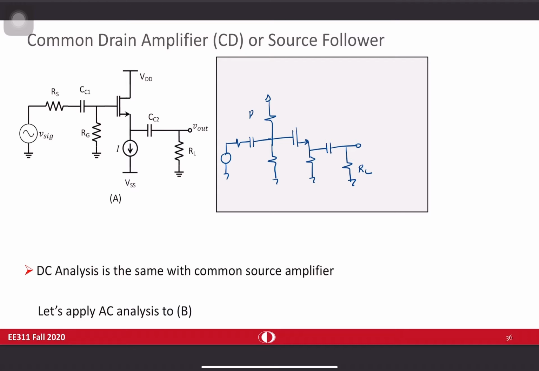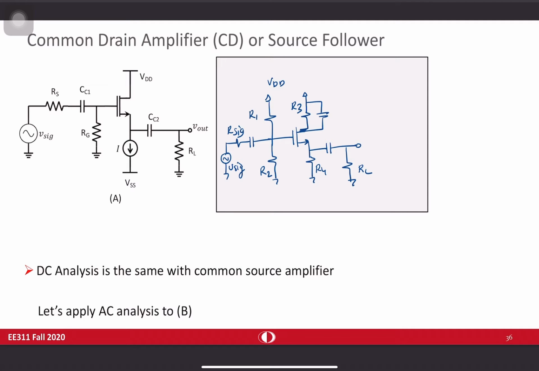So we have R1 and R2. This part is for the signal. We have VDD. In here, you can directly connect VDD to the drain. But in some applications, maybe you can see drawings like this. They will be the same. It's not going to make a big change as long as drain is